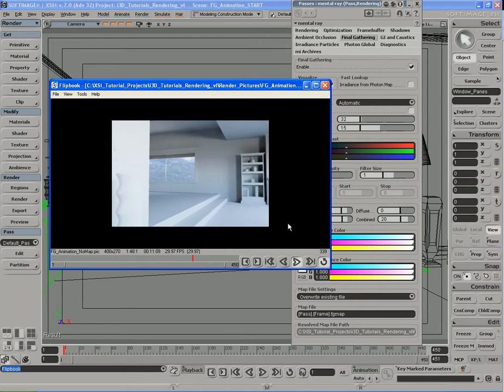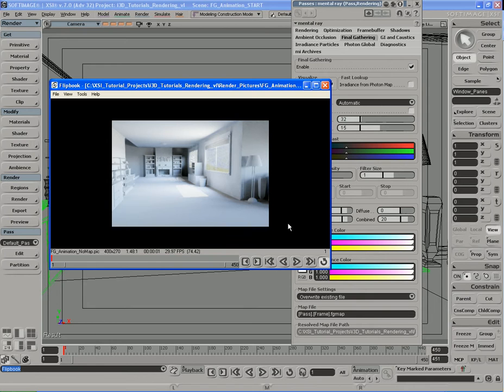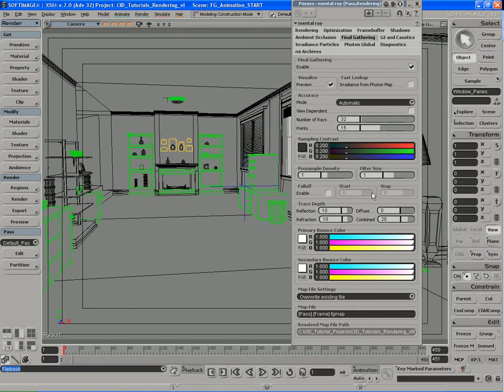What is that flickering and what's causing it? Well, the flickering is the actual Final Gathering. And what's causing it? The thing that's causing it is the fact that we used the wrong technique to render this Final Gathering out. So basically, with these current settings right here, if I were to go ahead and render